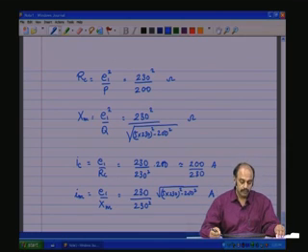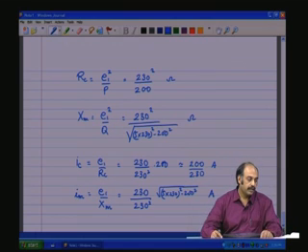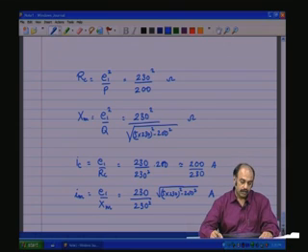So, this will give you the core loss component of the current and the magnetizing component of the current,